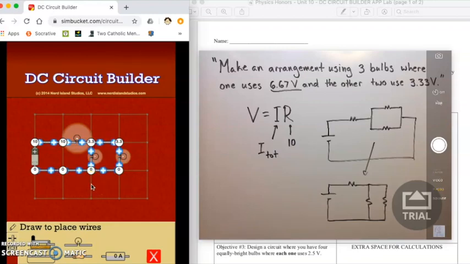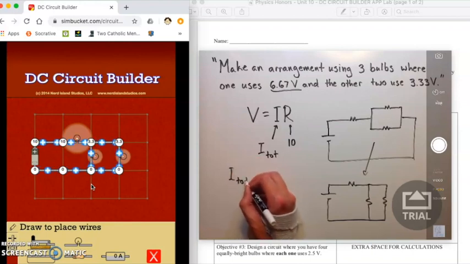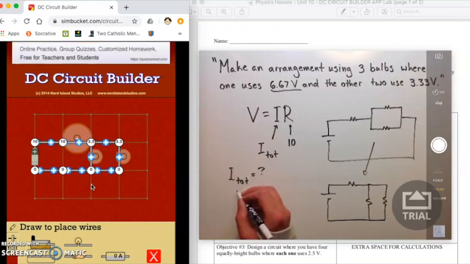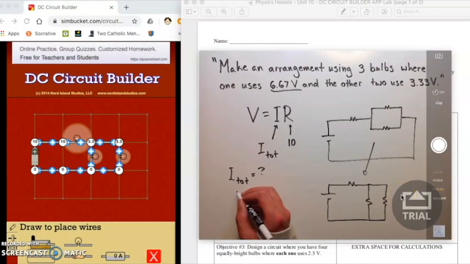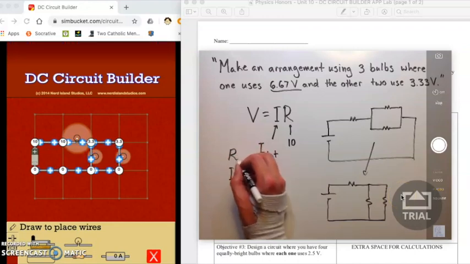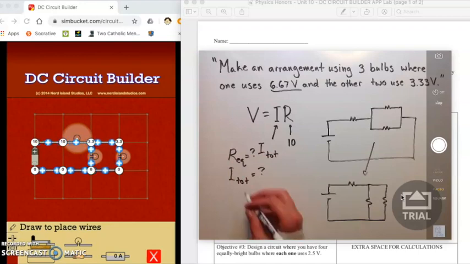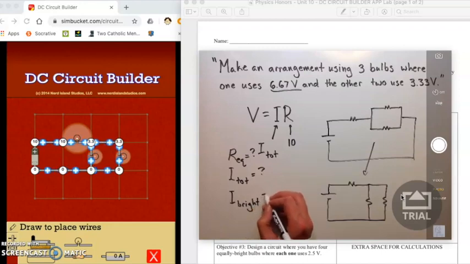Now, you'll notice that all of the various examples ask you to calculate a few things. So, for example, they might say, what's I total? What's R equivalent? Let me see, what order do they ask for that in? R equivalent first, then I total. And then the other one is usually something like I each, or it might say I bright and I dim,